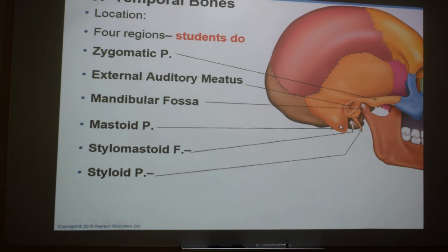The mastoid process, if you remember, gives origin to the sternocleidomastoid. The styloid process is going to give origin to 3 muscles and 2 ligaments: the stylohyoid muscle, stylopharyngeus muscle,